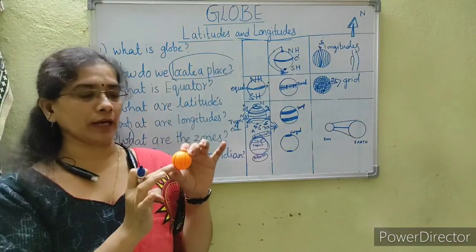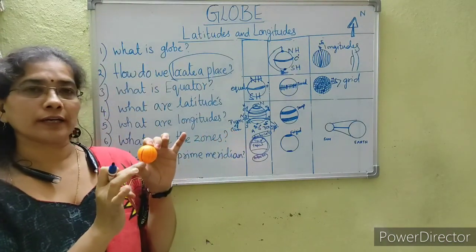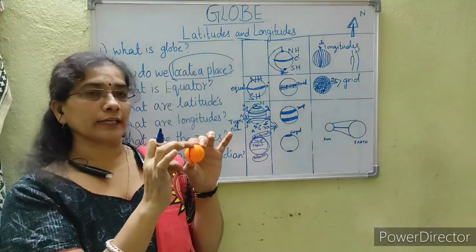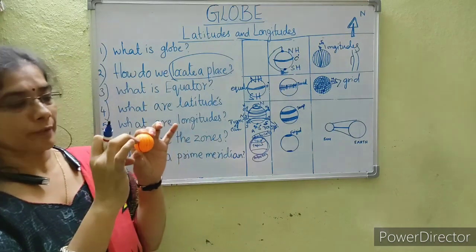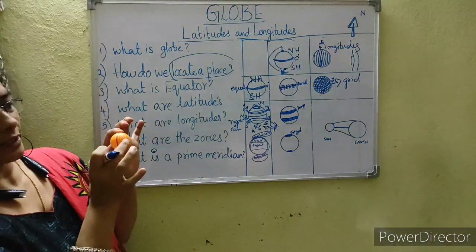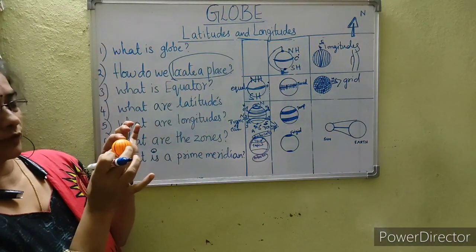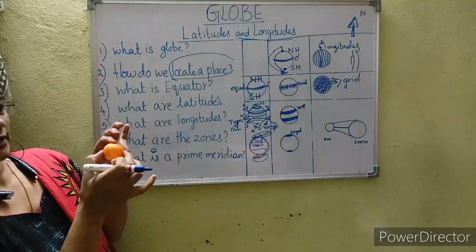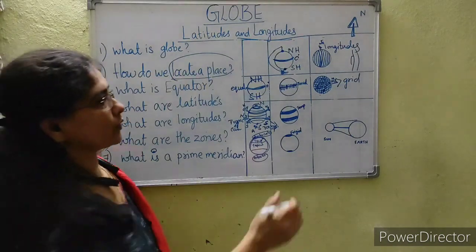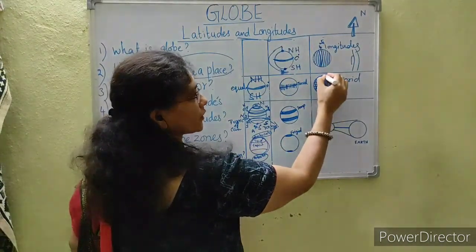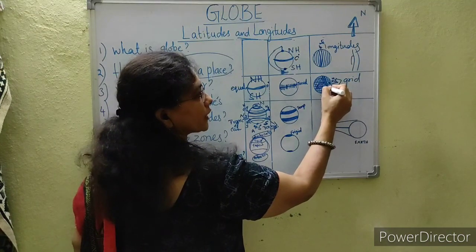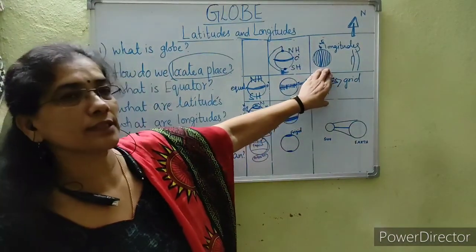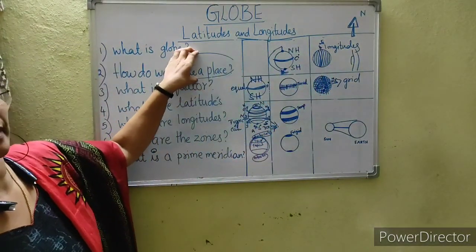All the people have agreed that let us calculate the 0 meridian, that is, the prime meridian, at Greenwich. So from there, the movement is from east to west. You know, Earth moves from west to east, so it is calculated from east to west. Based on this, they calculate the distance. So here you find this. So the region where it is falling is calculated. On this basis, we locate a place.